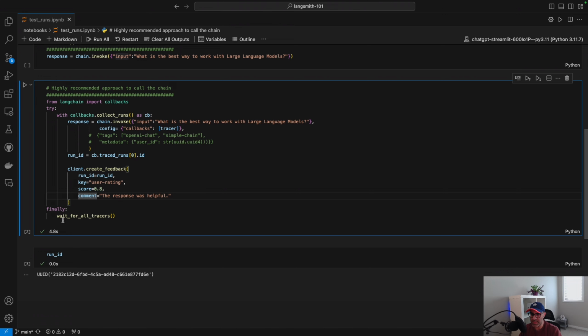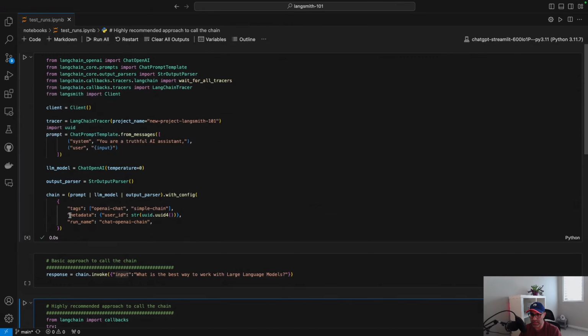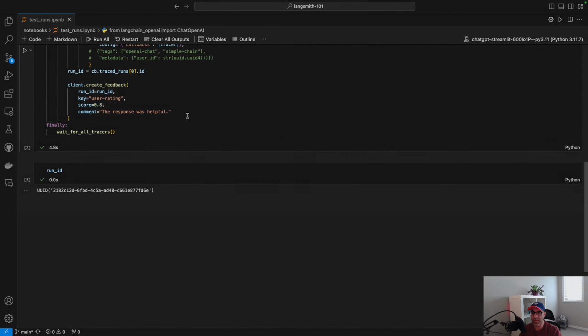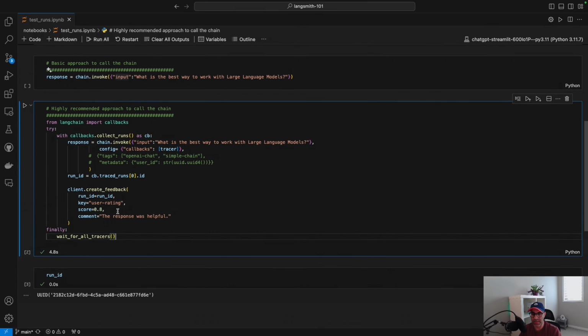And one nice thing about this is, from the tracer, you can import this function. What it does is hold the thread until the response is complete on the Langsmith, so there will be a completion flag returned from Langsmith that the whole record on Langsmith is complete.